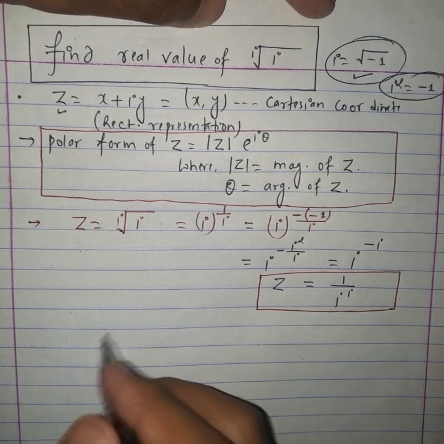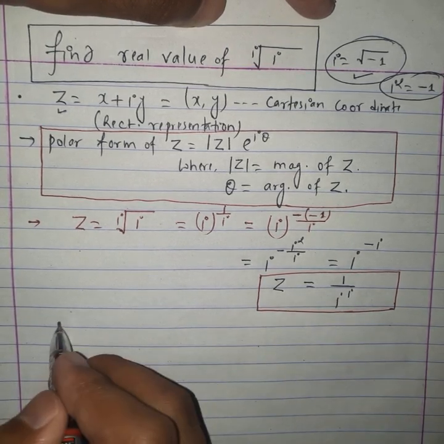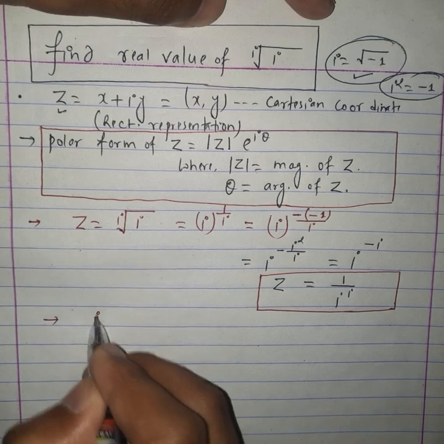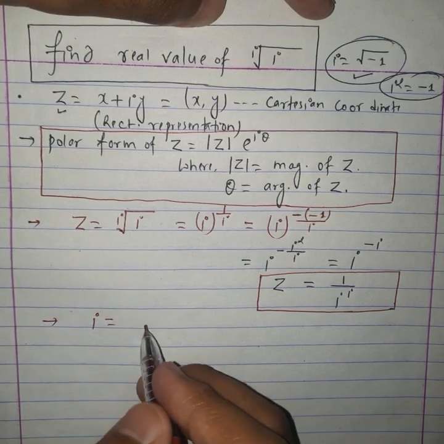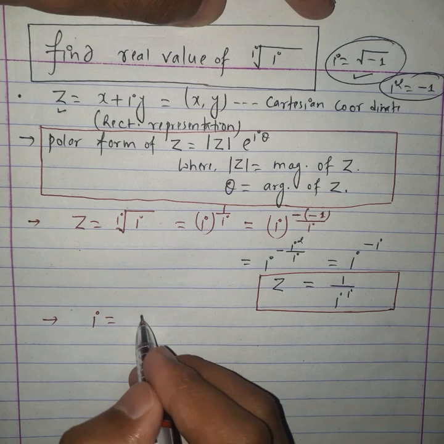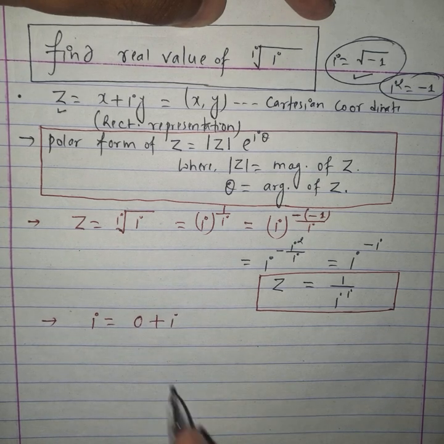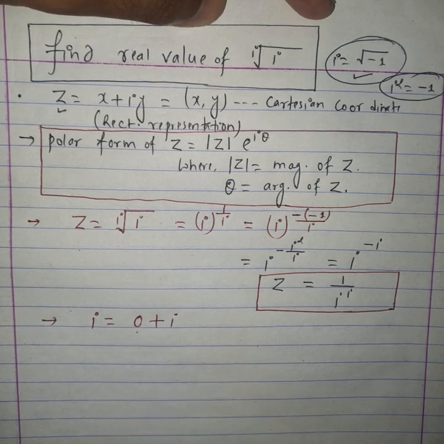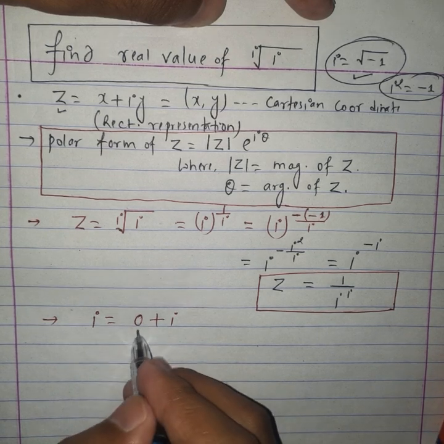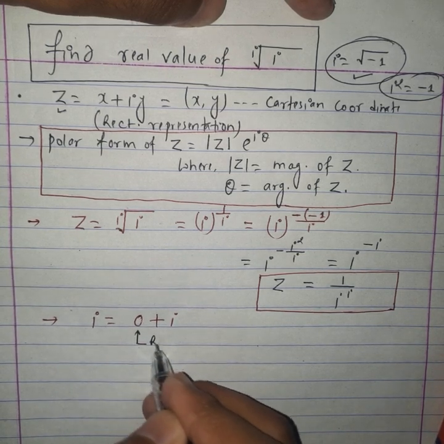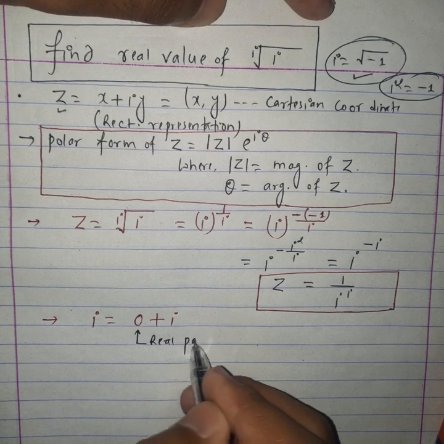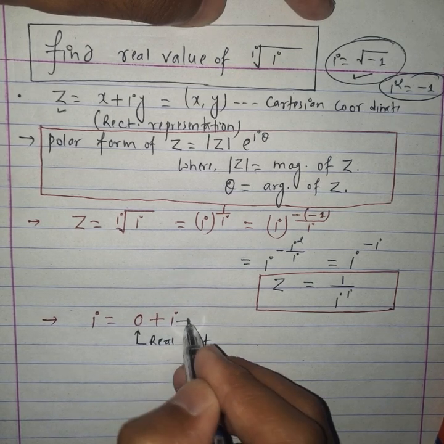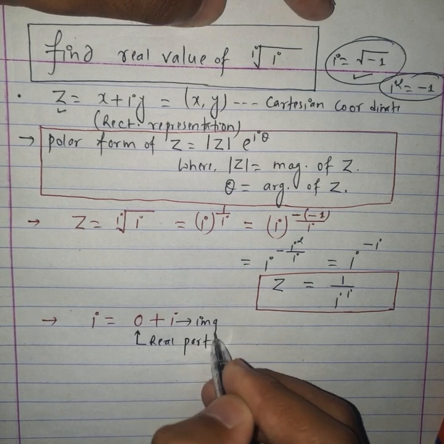And let's calculate the polar representation of the complex number i. The imaginary unit i can be written as 0 plus i. Here the real part is 0, and the imaginary part is